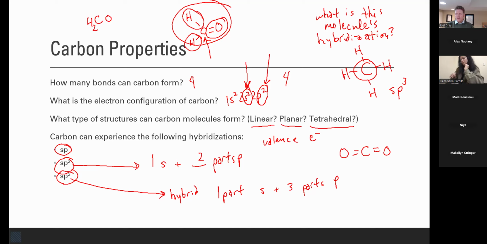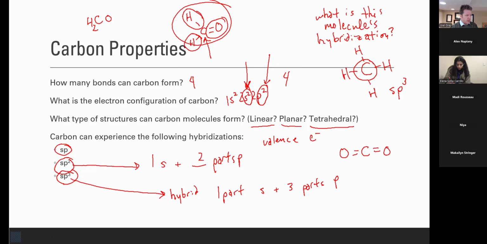Okay, so what I want you guys to take away from this is whenever you're asked about hybridization, I want you to pinpoint how many things is that carbon bound to. If it's bound to 2 things, it's sp hybridized. If it's bound to 3 things, it's sp2. If it's bound to 4 things, then it's sp3 hybridized. Now, that is kind of wonky and crazy. But if you follow those kind of rules and that kind of idea, how many things is it bound to, you're going to be in good shape with that sort of question.